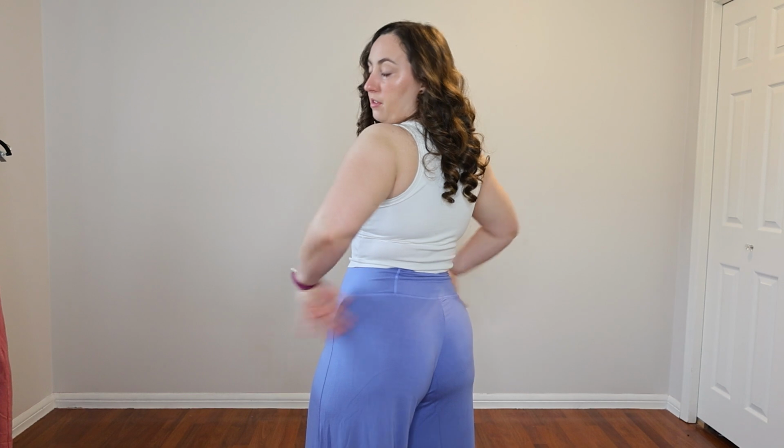And I do feel like it's giving me a little bit of camel toe. That is what it is. A lot of pants look like that on me, but if you are also somebody that tends to get a lot of camel toe, just know you might have it in this. And I do think it's a little bit unfortunate that you can see the lines. And I'm not noticing the tops of the lines at the back, I'm more so just seeing them at the